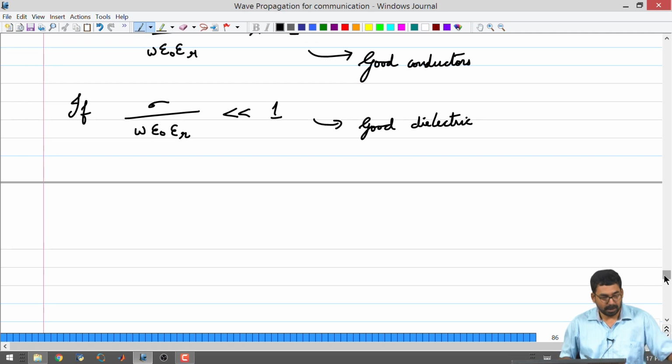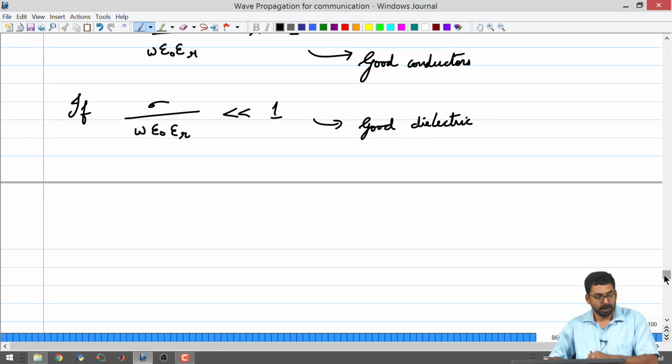Okay. So, the ratio is very much greater than 1, it is a conductor, the ratio is very much less than 1, you can call it a dielectric. So, it means that if you start with fixed values of sigma, fixed value of epsilon r, and as you change the frequency, it is inevitable that at low frequencies you will observe that the material seems to be having a large amount of conduction current, alright, compared to the displacement current density, but at very high frequencies the material will be more or less dielectric. This is the way it is, alright.